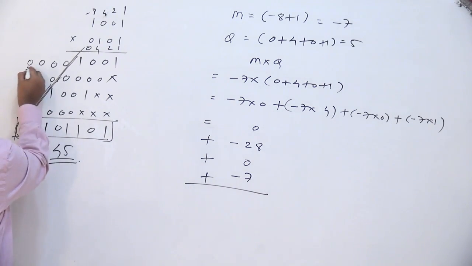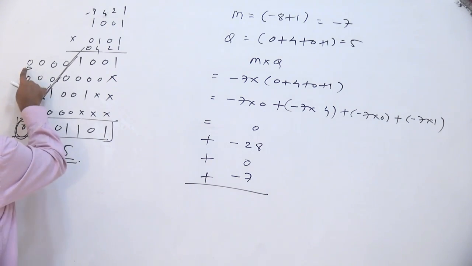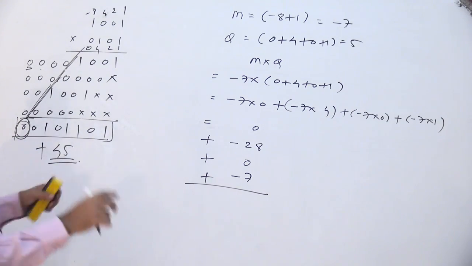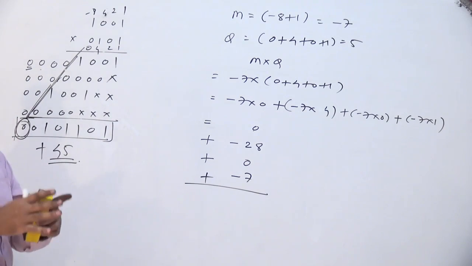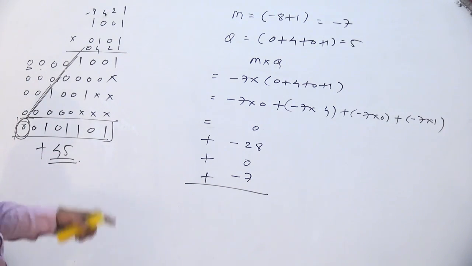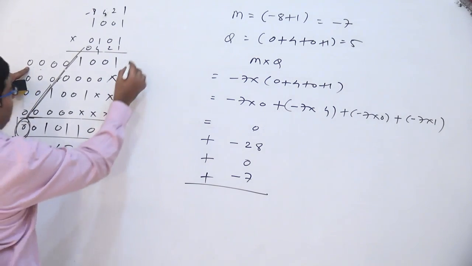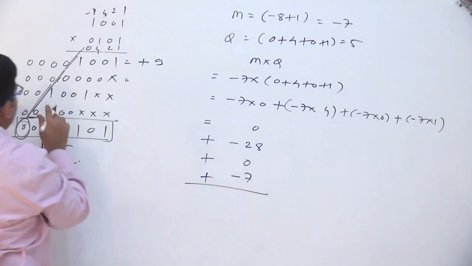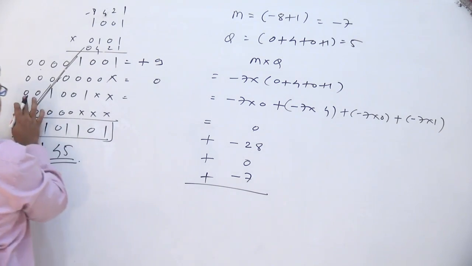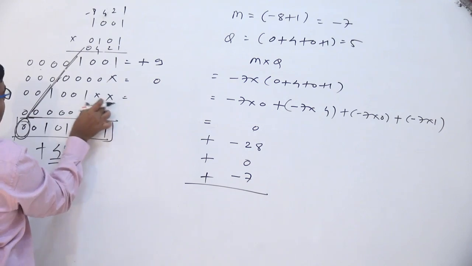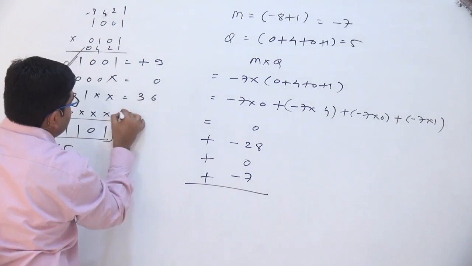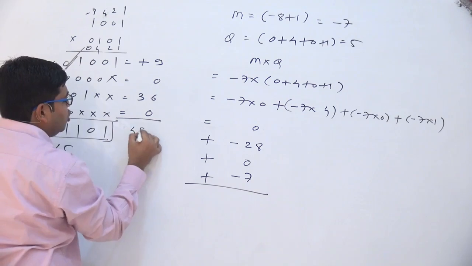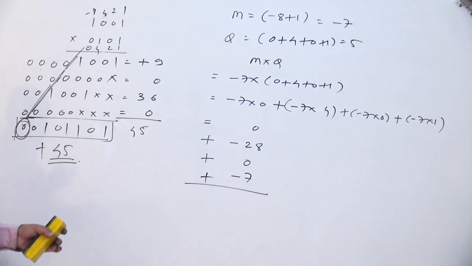Now here the sign bit is equal to 0. See what I am saying, we have got 1 2 3 4 5 6 7 8 bits in every row. You treat the entire row as one single 2's complement number. So here the sign is 0, that means it is plus, and 1001 means 9. This row is completely 0. This row is 00100100, so 9 into 4 is equal to 36, and here again we are getting 0, and therefore 36 plus 9 comes out to be equal to 45,